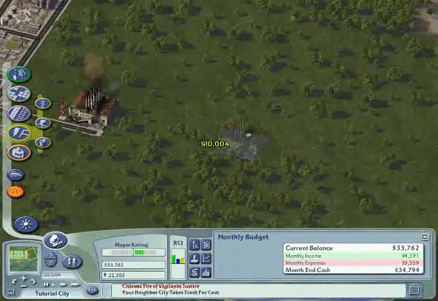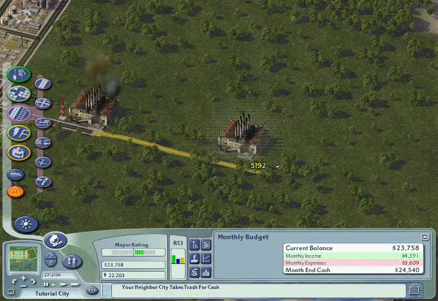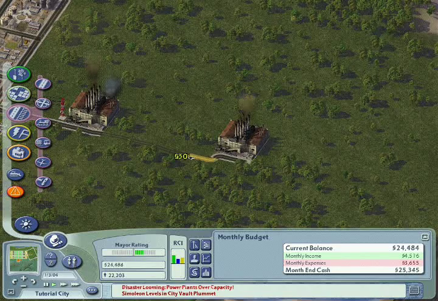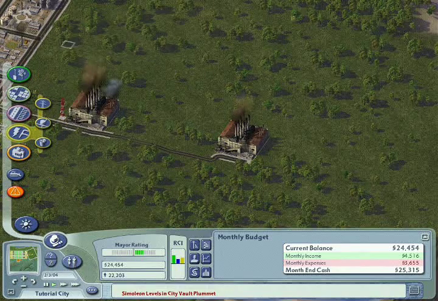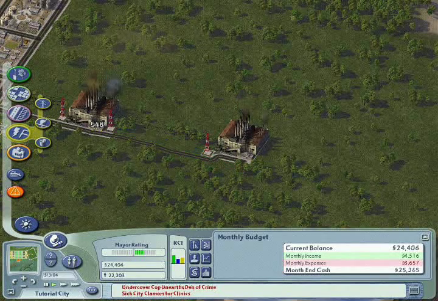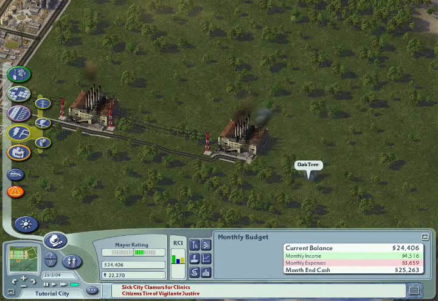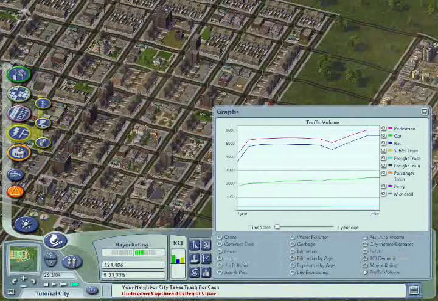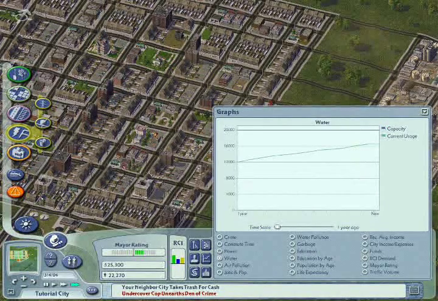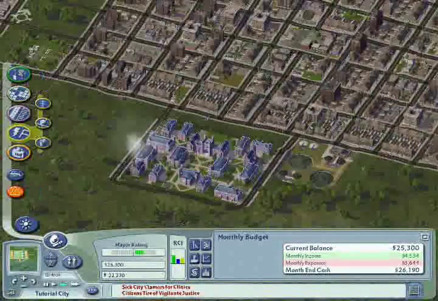Now I shall build my coal power plant a bit further away from the city, although the industry area is already very polluted. And remember to zone the roads and the power lines. Now the city is fully plugged in. Check out the power usage and check out the traffic volumes, the power, the garbage, and our garbage capacity is almost filling up. And since we have some